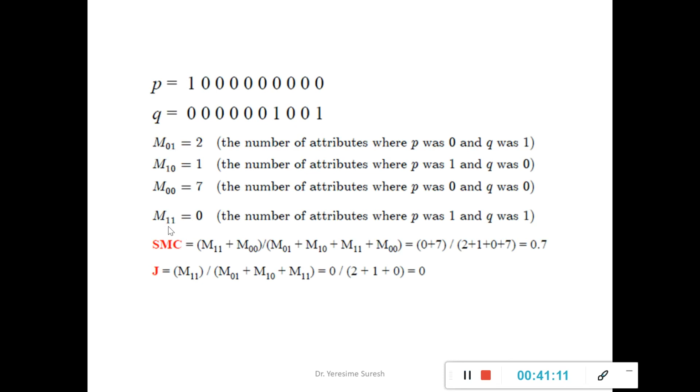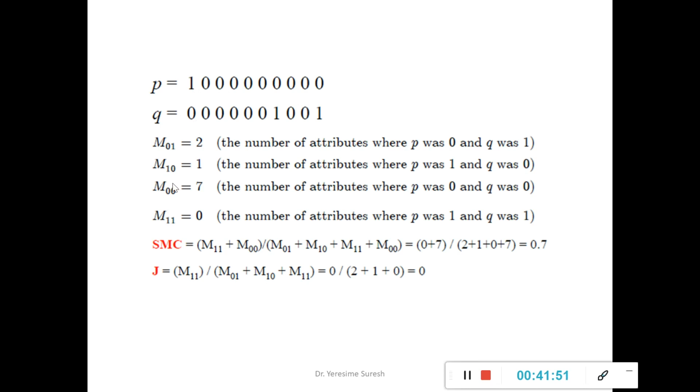We have already defined M11 indicates that the attribute binary representation for data object P is 1 as well as for Q is 1. So, we will see how many attributes are matching wherein P is also equal to 1, Q is also equal to 1. P is equal to 1 here, Q is 0, 0 and 0, 0 and 0, 0 and 0. Again, I have 0 here, I have 1 here. So, none of the objects are matching. What is M11? It is an indication wherein the binary representation of P is 1 as well as Q is 1. I find no instances matching, hence the value of M11 is 0.